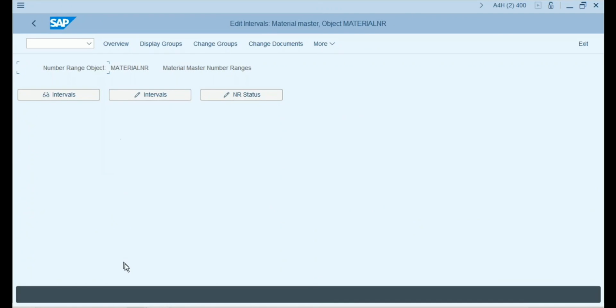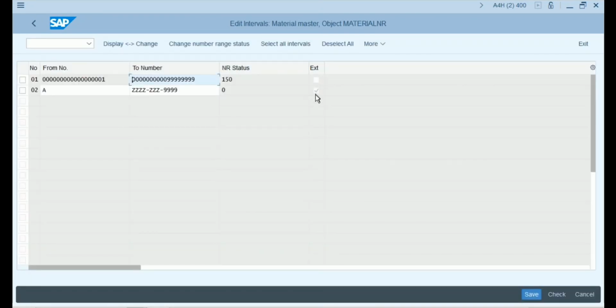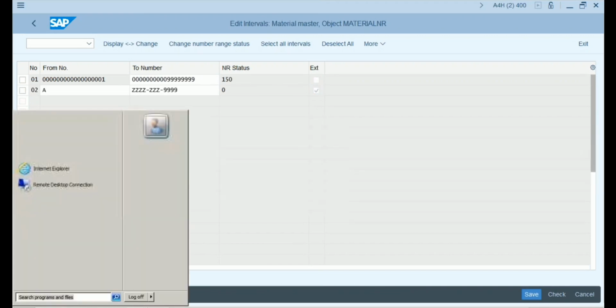There can be two types of number ranges. You can see here there is an external tick. If it is not ticked as external, this means this is an internal number range, which means the system will take the number automatically. But if this external number is ticked, when you are creating the material in this screen itself,